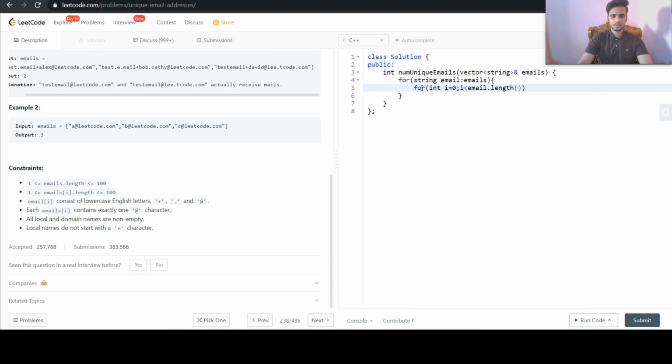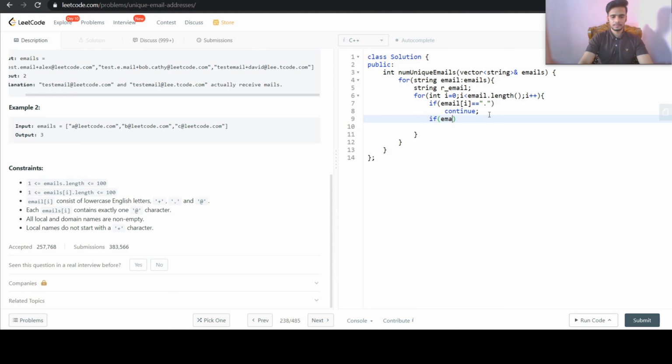This loop is to traverse all the characters of the email. Then we will check if that character of the email is equal to dot or not. If it is, then we will just leave it as it is. We need another string variable, the resultant email, where we will store the email after removing the dots and the characters after the plus symbol.